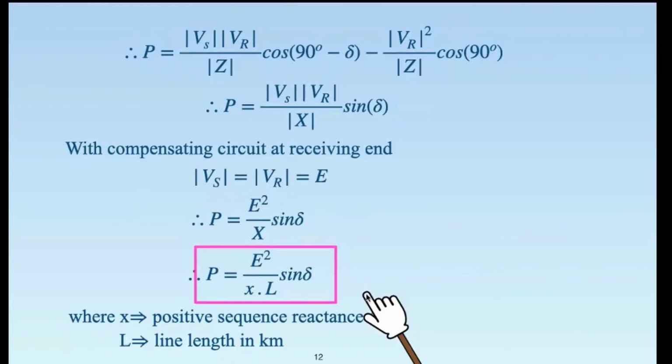What is the other alternative? The other alternative is that, let us say you project that after 10-15 years, the power supply may be 3 to 4 times. So instead of setting up a 400 kV line, you set up, let us say, a 750 kV line. This equation suggests that power handled is proportional to E square. So let us say 400 kV is replaced by 750, nearly 800 kV. You double the voltage. So what will happen? The equation suggests that if you have a transmission line designed to carry double the voltage, let us say 750 kV, then the power handled can be 4 times. Voltage doubled, power handling capacity will be double squared. So that is 4 times.